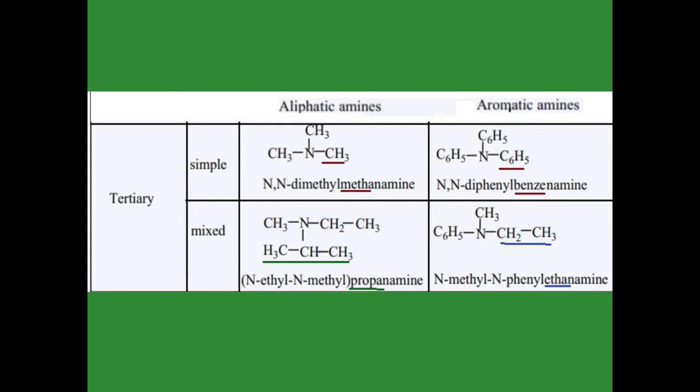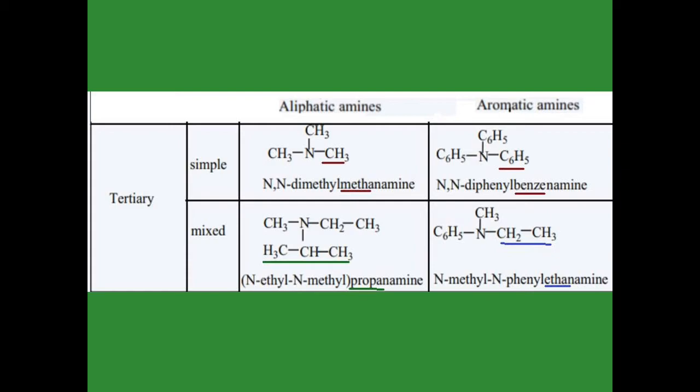In that one, around the nitrogen, see the first example in aliphatic amine. One side is CH3, that is methyl, another side is CH2 CH3, that is ethyl, and another side is CH3 CH2 CH2, that is propyl. Which one do we take as the root word? The one indicated in green color has 3 carbon. 3 carbon is the largest number of carbon, so we take it as the root word, prop, single bond, ane, propanamine. Of the remaining, one side methyl and one side ethyl are attached with the nitrogen. Separately we write N-ethyl, N-methyl before the root word,